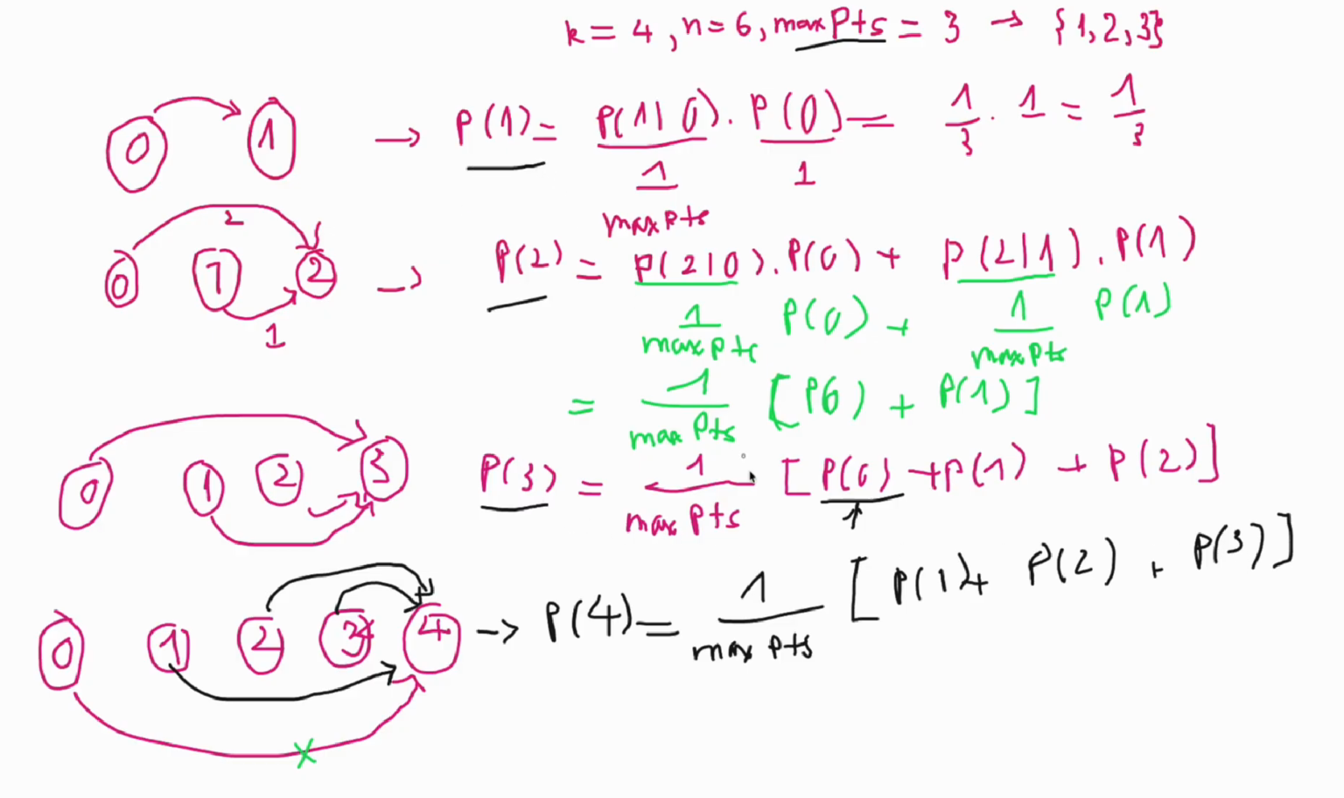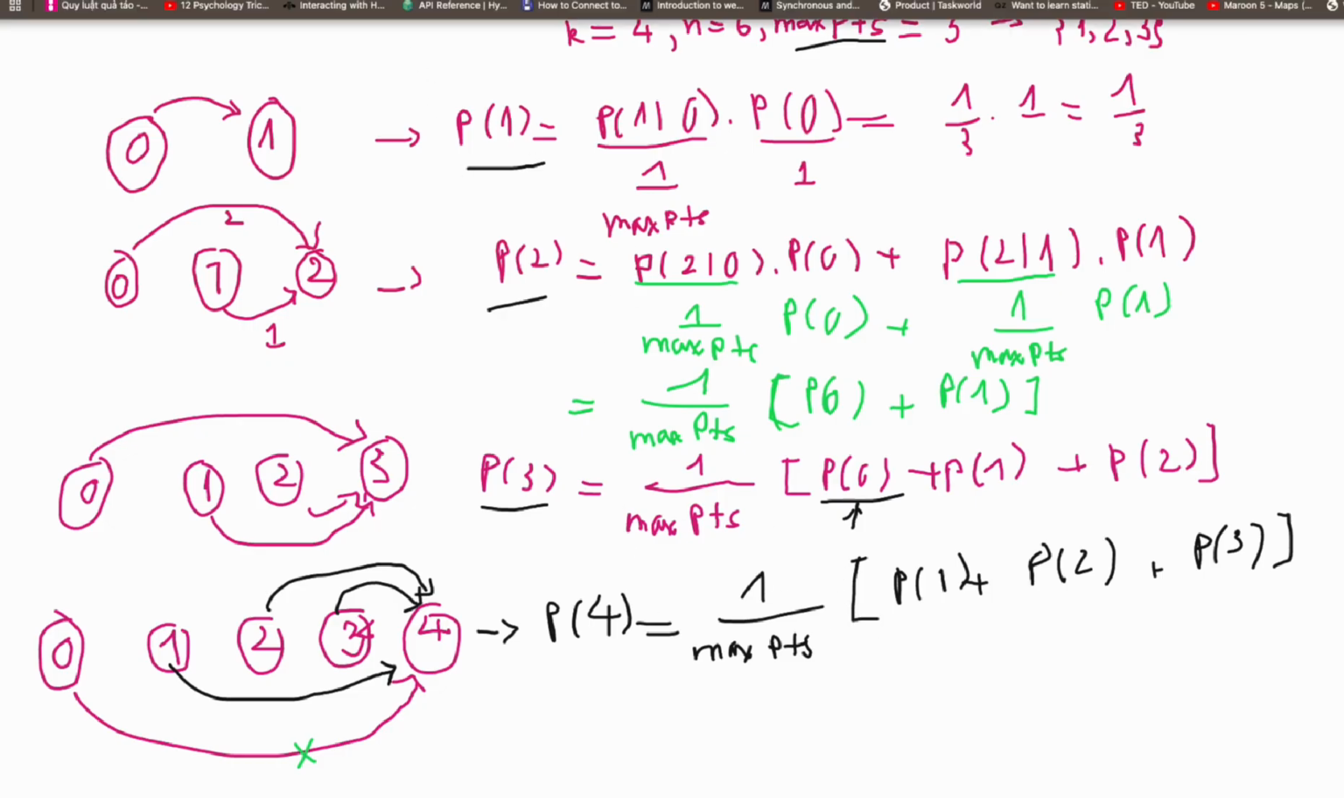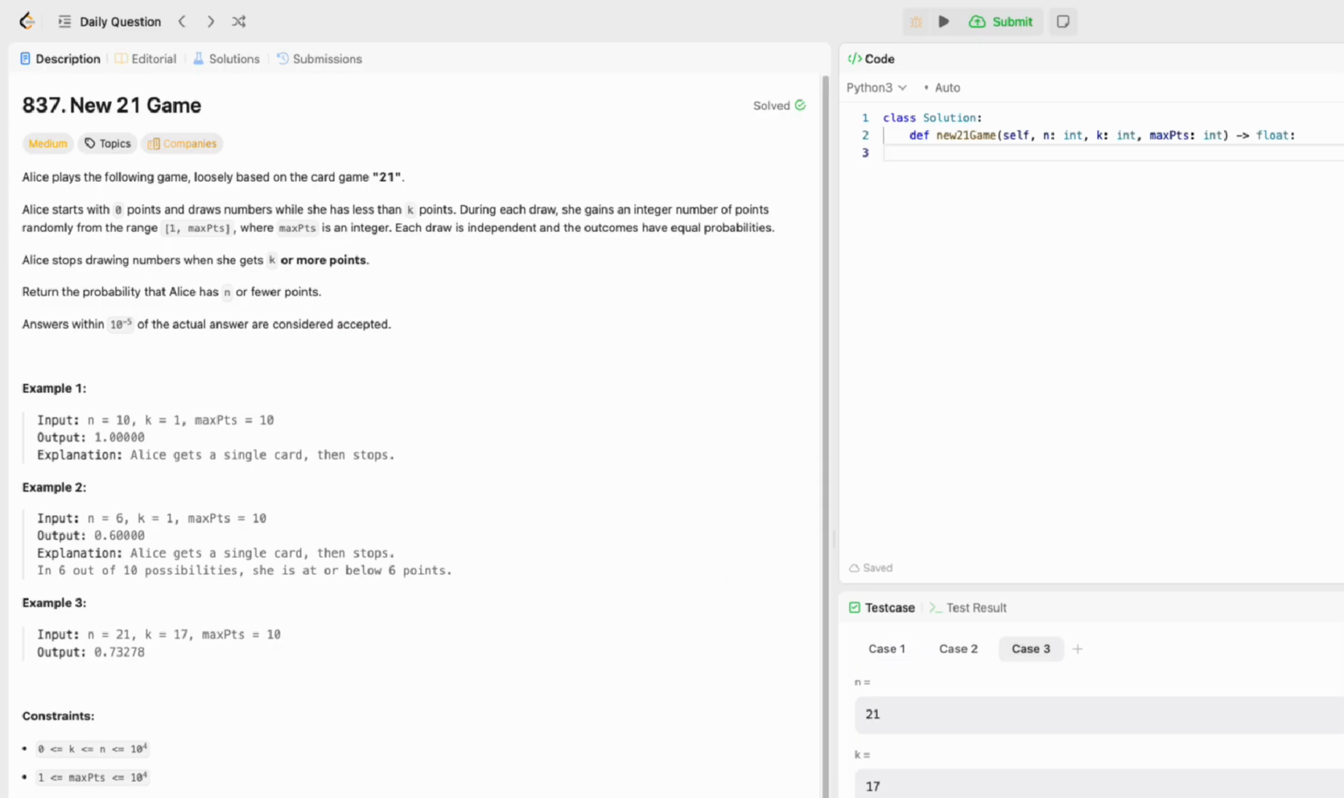Previous probability. So for now we can see the recurrent relation. Okay, so with these observations we can program this problem together. We will initialize the array for that. For example, in this case, we initialize the DP array, which is equal to